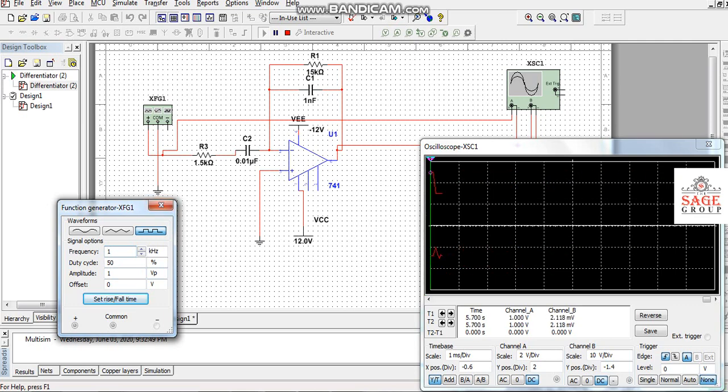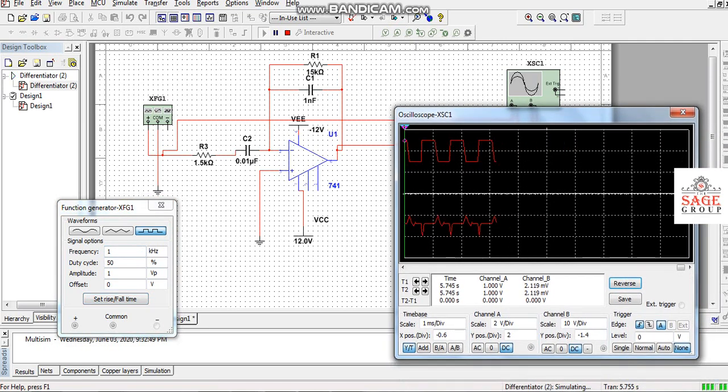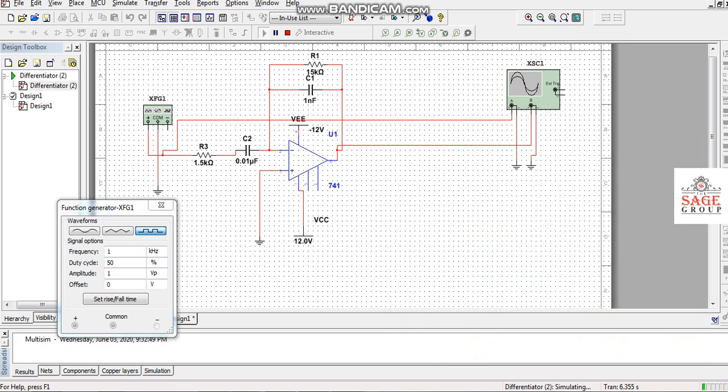Here there are two channels we are using, A channel and B channel. This A channel is given to this input terminal, and the B channel is connected to the output of this operational amplifier.